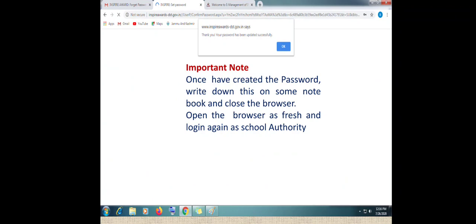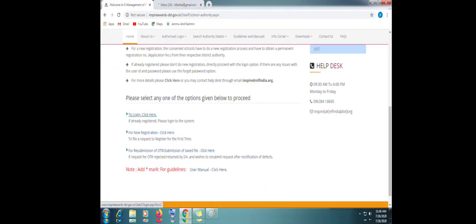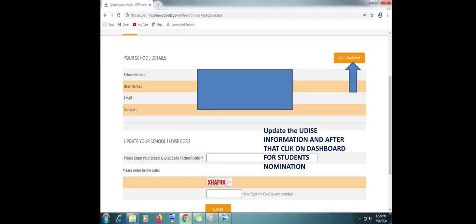Here is an important note: once we have created this password, we need to write it down in some notebook. But after this, we should not log in at the same time. Better is we close all these tabs, and after that close the browser, and then restart the browser afresh. After that we go to the home page, then to school authority and to the login. We click on login, put the user ID and password, and we will get to the